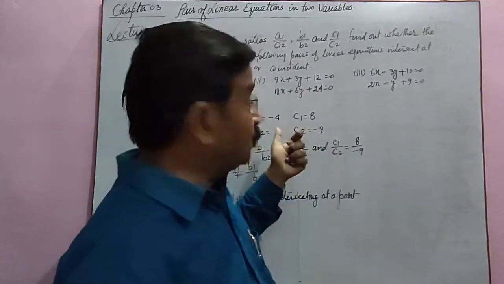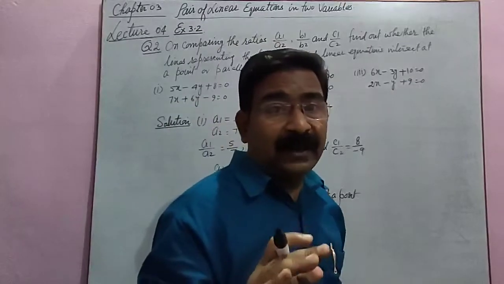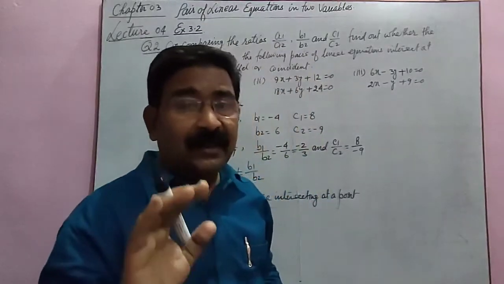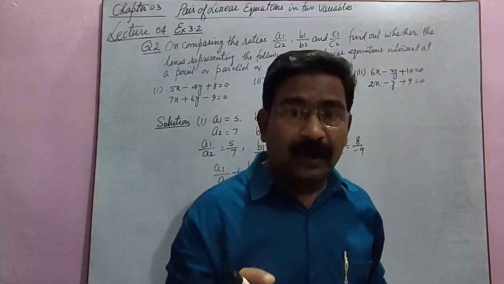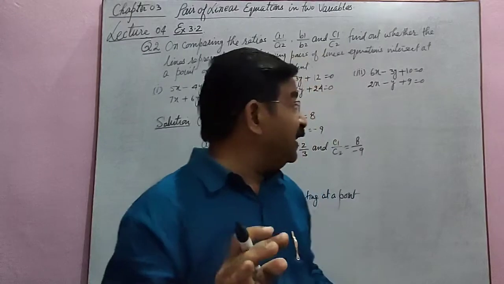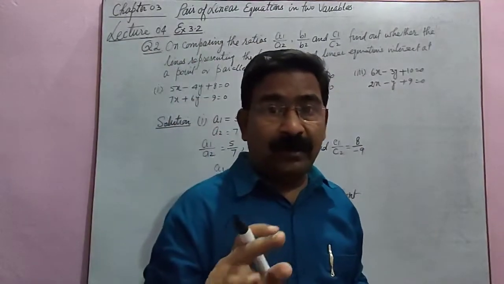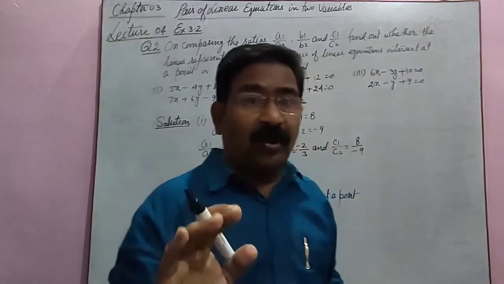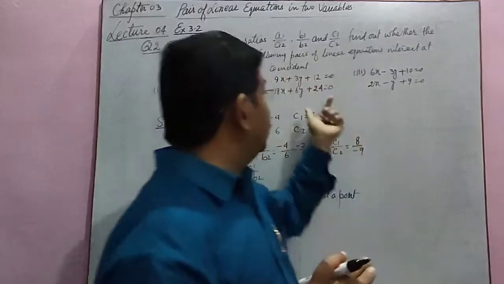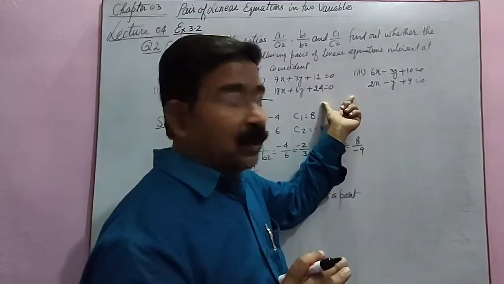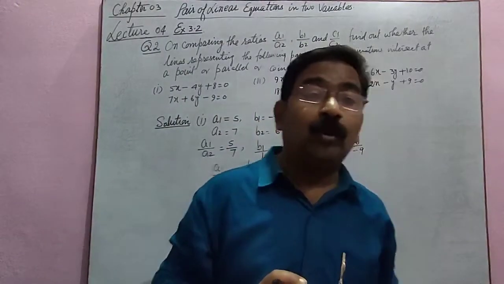You have to find the ratios of the coefficients and the constants, and you have to answer whether the lines are consistent or inconsistent. Consistent, as I told, is when you are getting the solution of the equation, whether many solutions or a unique solution. If you are not getting a solution, for no solution it is inconsistent. So these two parts you have to write as homework, and question number 3 is also homework. So you have to do it.